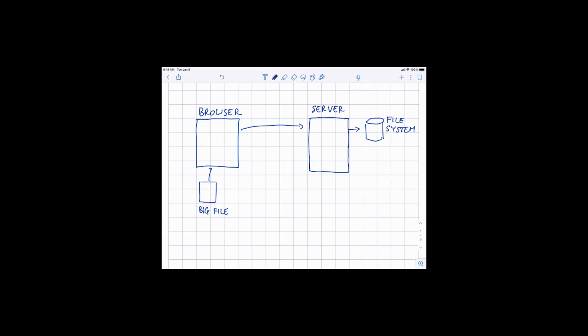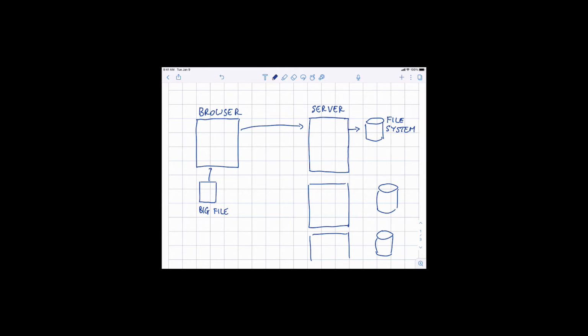And the real problem is, what are we going to do with the file at the server? Well, one fairly traditional idea would be to store it as a file in the file system. But this we can't really do. The problem is that once we need our application to scale, as we know, there will be several servers. There will be server 1, server 2, server 3, and so on and so forth. And each one of these will have their own file system. This is their local disk.